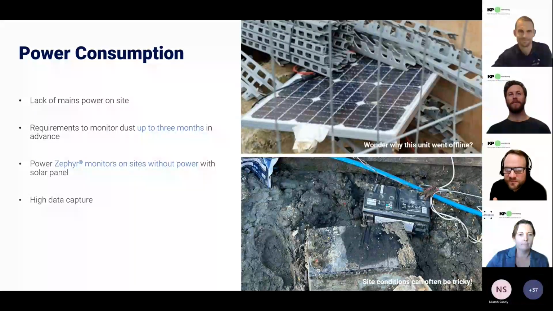With the new Zephyr system, we've been able to confidently deploy dust monitoring devices on sites without power using very small 50-watt solar panels, only 53 centimeters by 67 centimeters. These ran pretty much flawlessly throughout last winter, with the only issue arising when our clients unintentionally cover or break the panels. This means that we now often prefer to run our dust monitors on solar panels, as the clients can't unplug them, site teams can't unplug them and put in a drill or something else instead, and it assures that our data capture rates are very high.